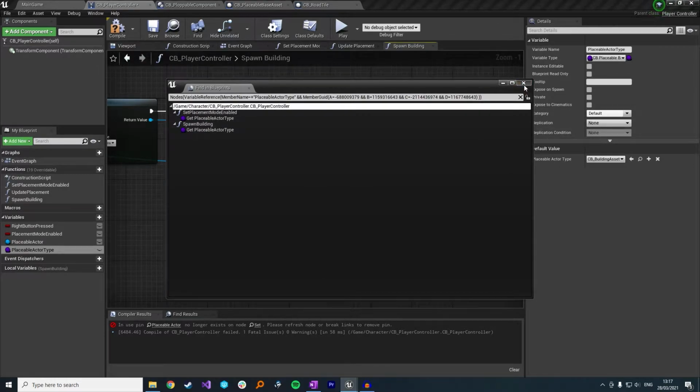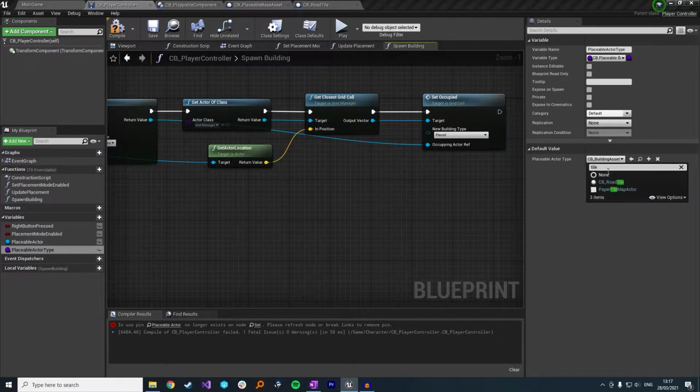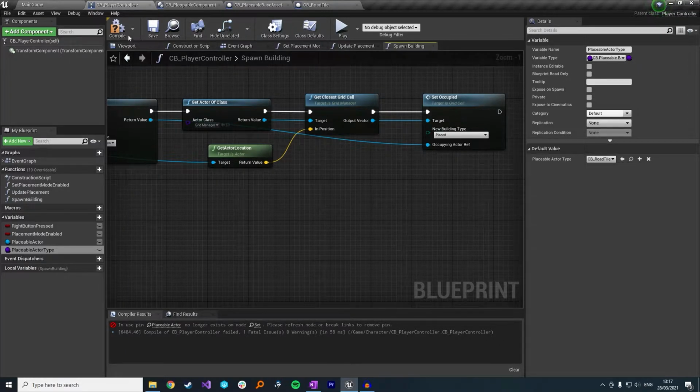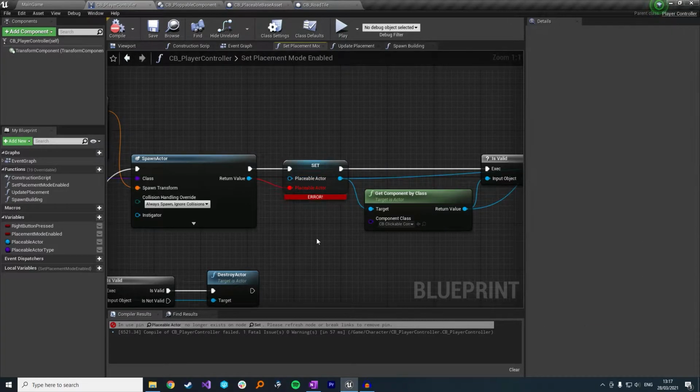This again will probably break because this building asset is not the correct type. So let's just change that to our road tile. Compile that. We've still got an error. Here we go. It's just in here. So if we just drag that into there and